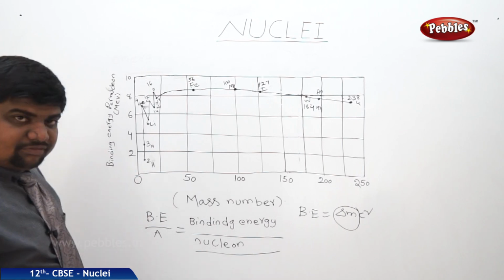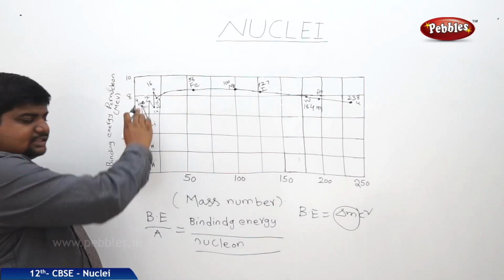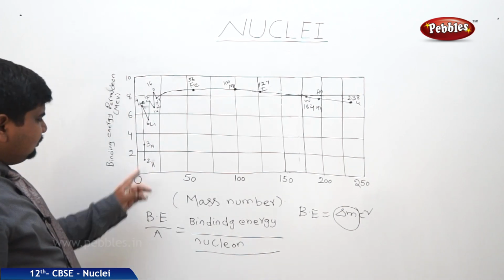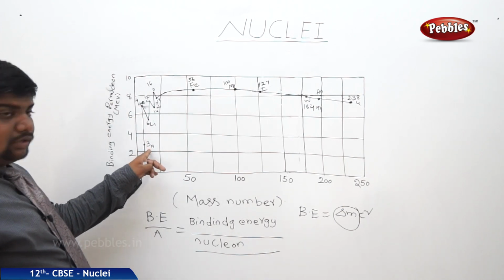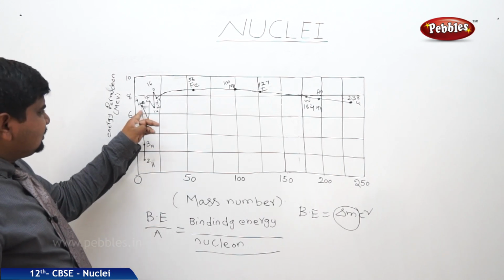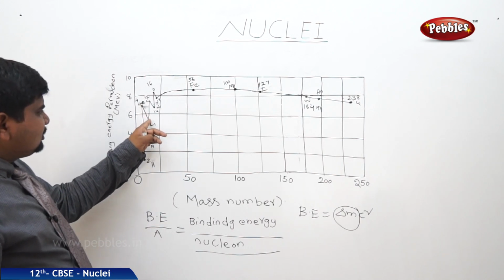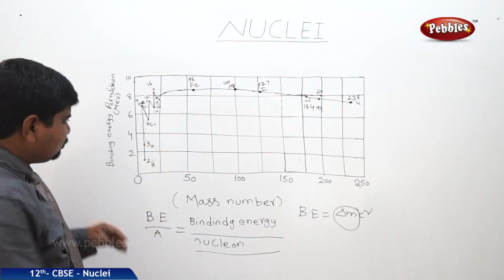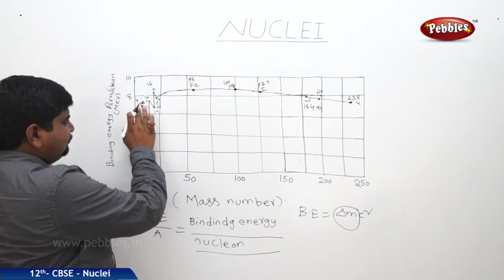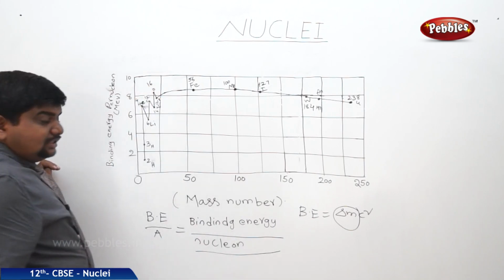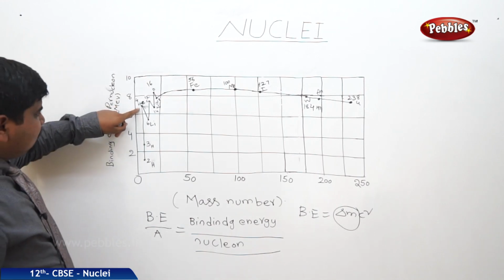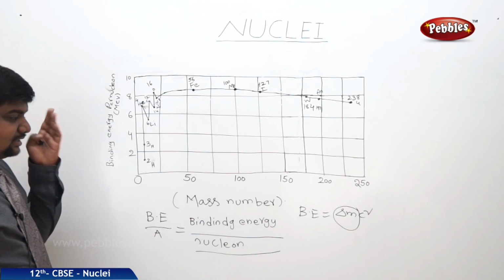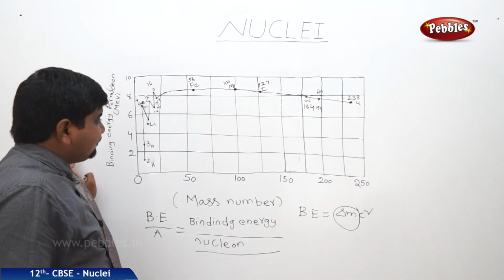If you see the graph, up to certain values of the mass, the binding energy is constant, simply a straight line. For hydrogen-2, hydrogen-3, Li-6, He-4, then a small variation comes. These two are hydrogen's isotopes, then suddenly it rises to helium-4, between 6 and 8 MeV. We can say it is approximately 7 MeV.